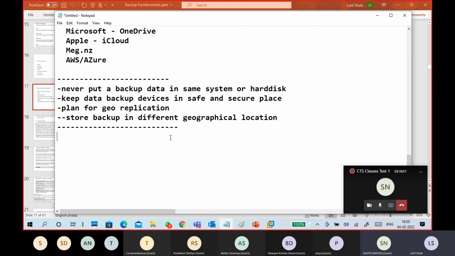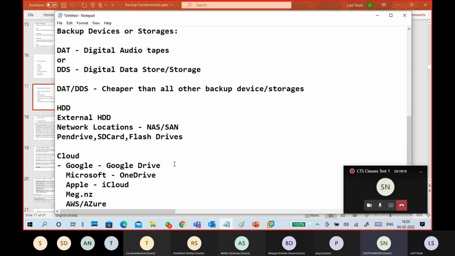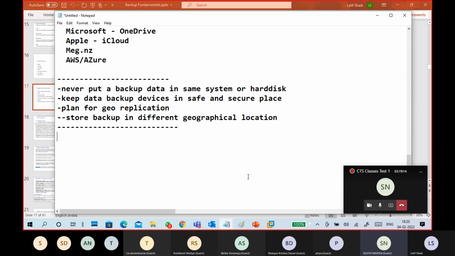So it was recovered. That was recent, 3-4 years back. Earlier I was talking about the IBM stories of the 1980s and 1990s, and now it is recent also. So geographical storage is also very important. So this is the story of backup devices and